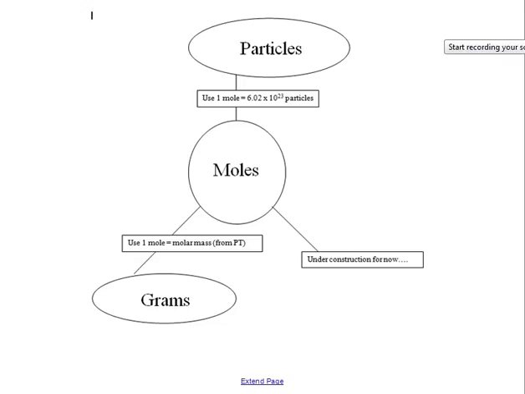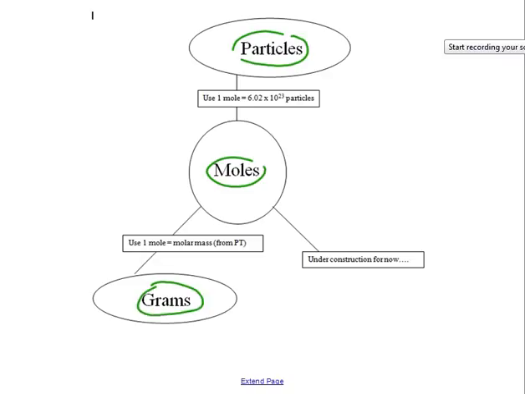There are 3 things that you can convert moles from. We're only going to discuss 2 for now. You can convert moles to particles, and to do that you need to use a conversion fraction using 1 mole is equal to 6.02 times 10 to the 23 particles. Or you can convert between moles and grams using the conversion fraction 1 mole is equal to the molar mass